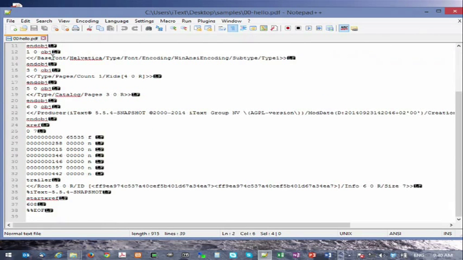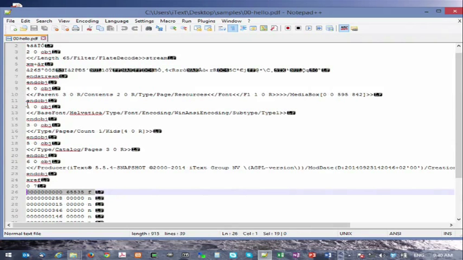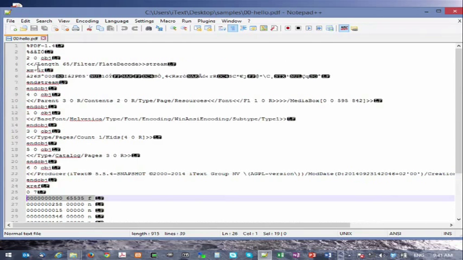How does a computer or a PDF consumer find these objects? Well, you start reading a PDF from the trailer, and you say, hey, where does my cross-reference table start? And this is a byte position, 608, which points at xref. We see there are 7 elements, 0 to 6. Object 0 is a free element. But then we see object 1 starts at byte position 258. Object 2 starts at byte position 15, and so on.